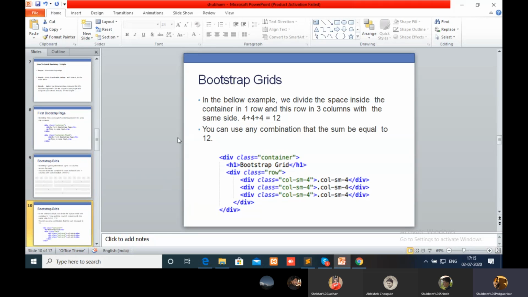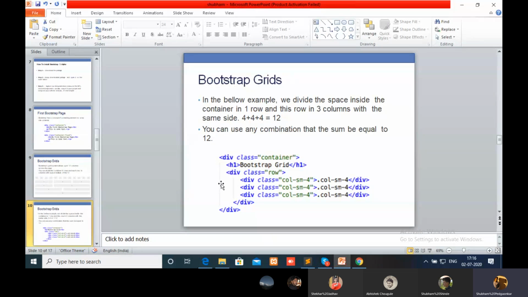Okay, I will give an example of how the grid system is divided. The grid consists of 12 columns. This 12 is divided into three parts: 4, 4, 4.